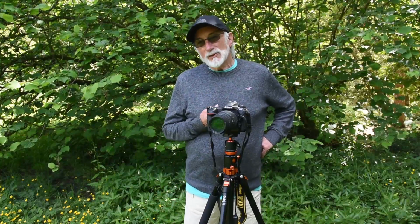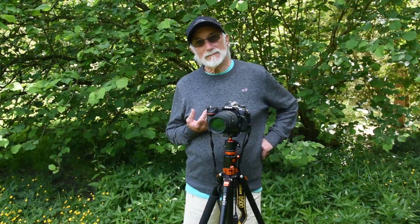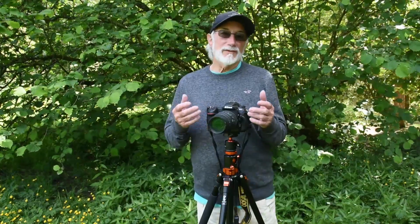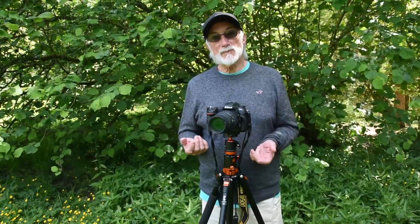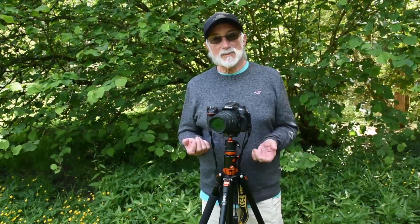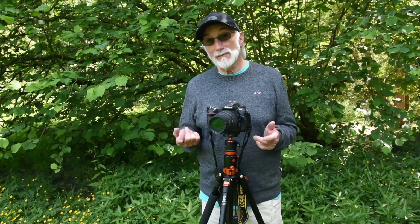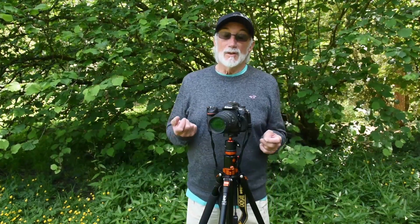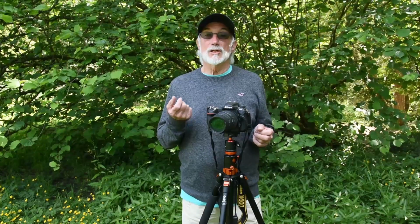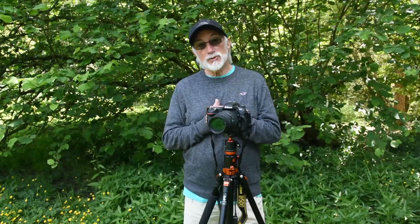Have you ever wondered how you get that lovely cotton wool feel to running water? In order to achieve this lovely kind of cotton wool feel, you need a very long exposure. And very long exposures are difficult to achieve under very high levels of illumination. And so there is a method by which you can cut down the exposure using something called a neutral density